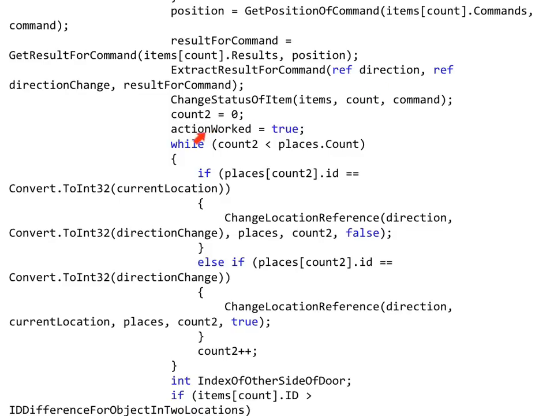And carrying on, action works. This was set to false at the start of the function, gets set to true, and we go into this while loop here, and this counts through each of the locations. It starts at location 0 and it stops at 7 in the flag1 file. The flag1 file has 8 locations, so places.count, if we've opened flag1 as the file at the start of the program, will make us count from 0 to 7 to go through each of the 8 locations. And what it does is, when it finds the current location,